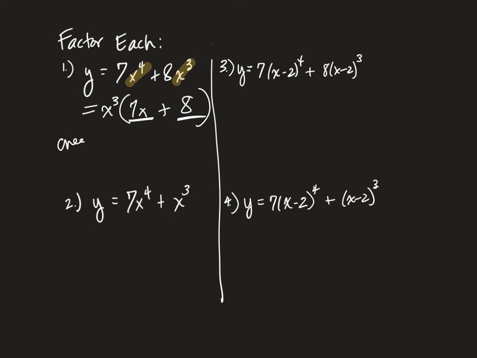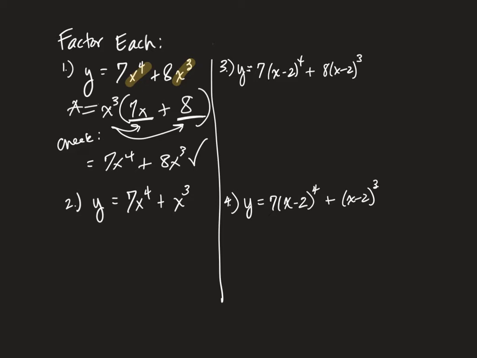Again, I'm going to check that real quick. I'm going to distribute the x cubed. X cubed times 7x is 7x to the fourth, and then x cubed times 8 is going to be 8x cubed. Check. So that is my factorization right there. Similarly,